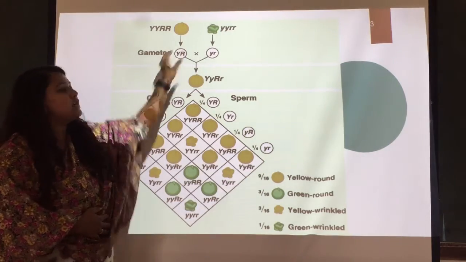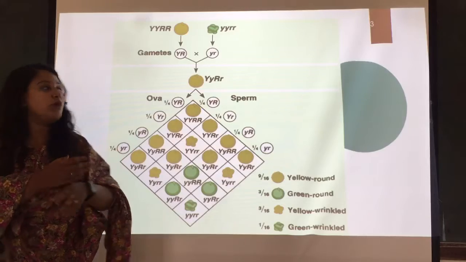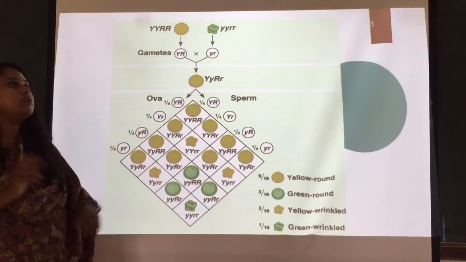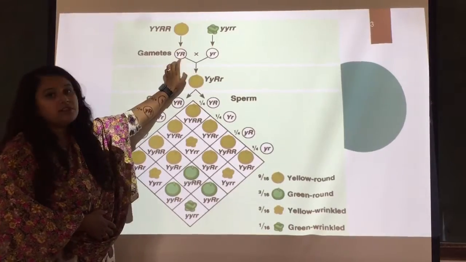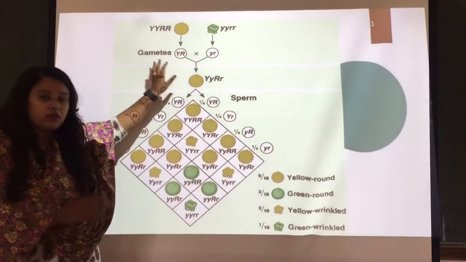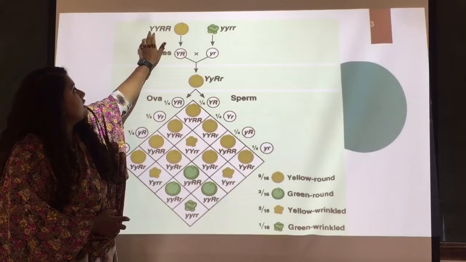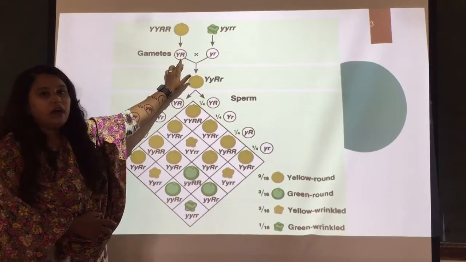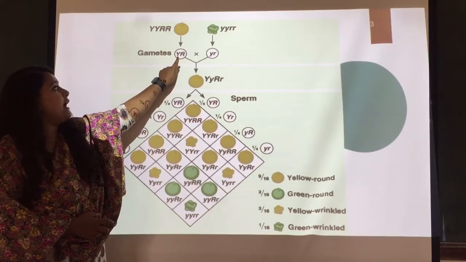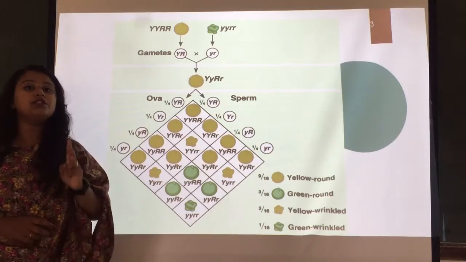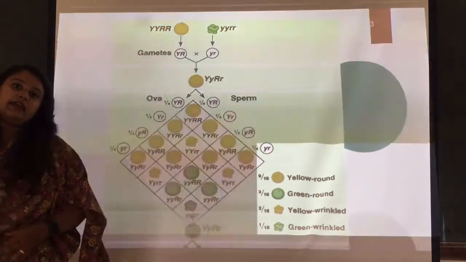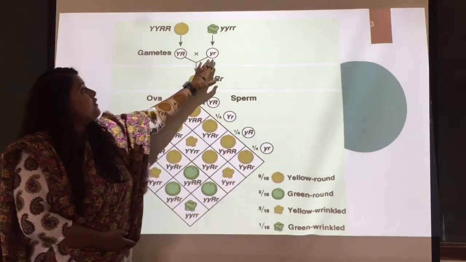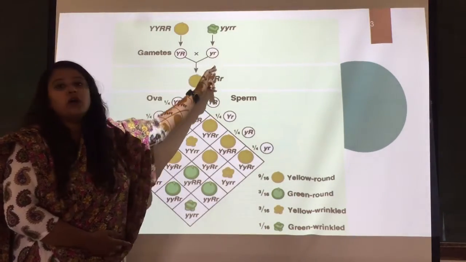With these two parents, we are going for the crossing, and we are going to get two types of gametes. One will be capital Y, capital R, right? So from one single parent, two different genes, one from Y and one from R. So this particular gamete has genes for both of the two different characters, that is the seed shape and the seed color, right? Same way from here also small y and small r is there.